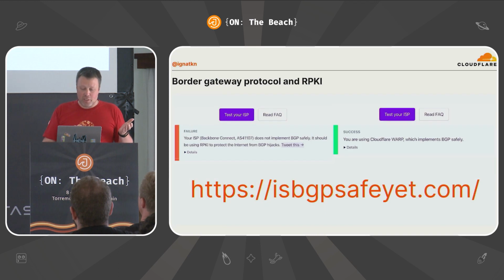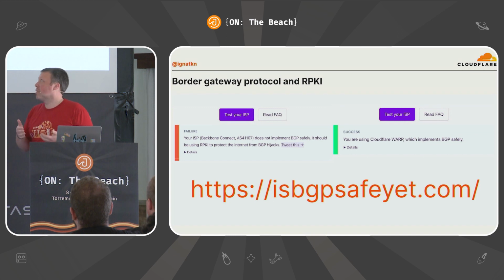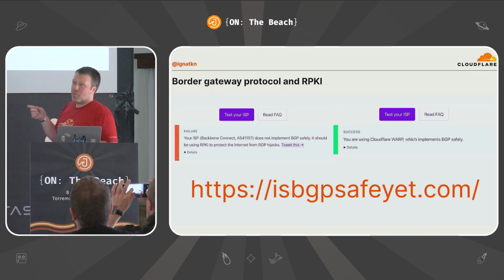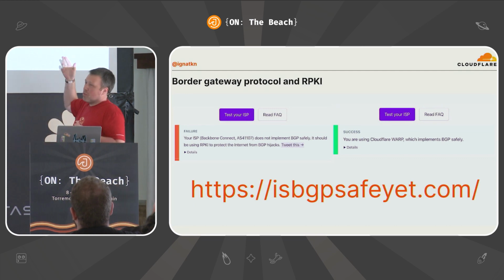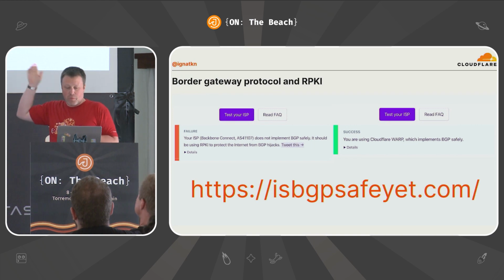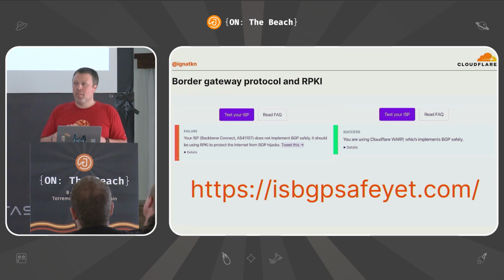And if you're interested, we developed this tool where you can go now and check if your current ISP is actually safe from the BGP perspective. Does it verify invalid announcements? On the left, unfortunately, it's my home ISP, which doesn't. And if you browse the internet from the Cloudflare network, it works fine. So you can go and check. And if your ISP doesn't support it and your web resource is behind that ISP, you should definitely reach out to your ISP and ask them to implement RPKI.